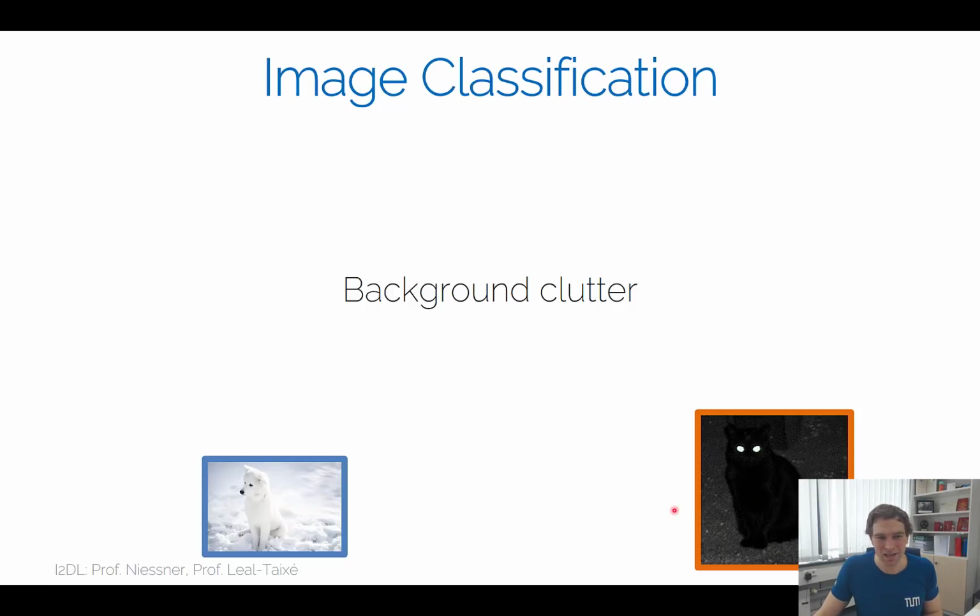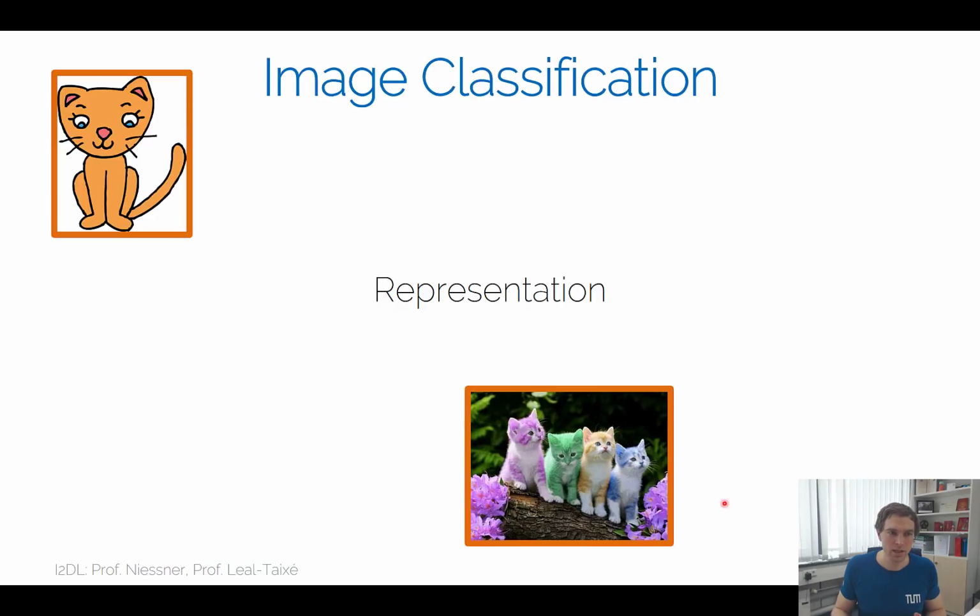Here, this cat is on a dark background. It is very difficult again, because the background and the foreground are very similar. But there's not just color differences in terms of foreground, background, and occlusions. There's also semantic differences, right? For instance, here we are seeing a cat that is actually a cartoon drawing. And the problem in this case